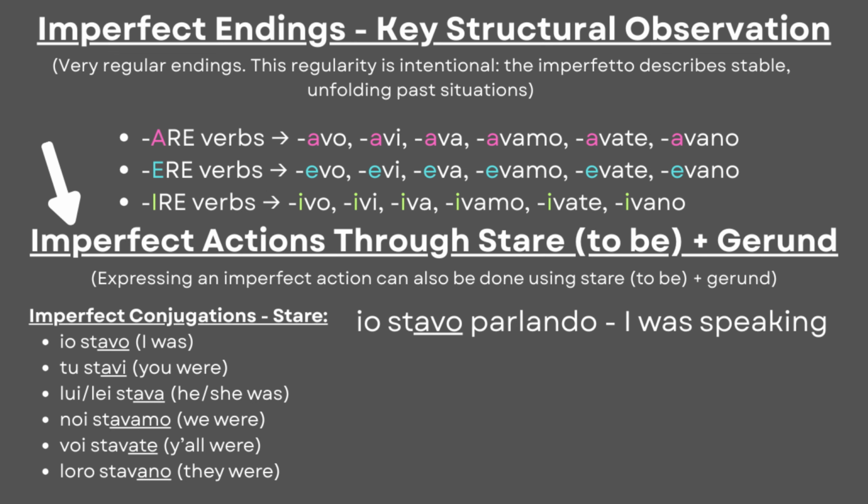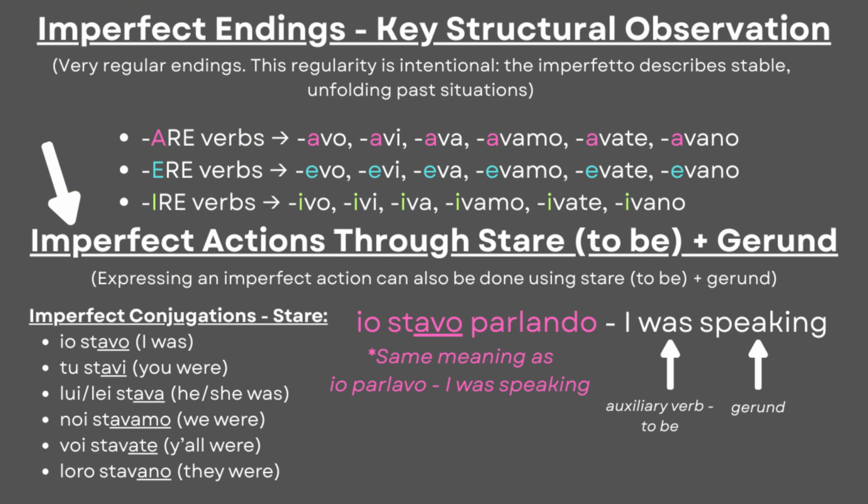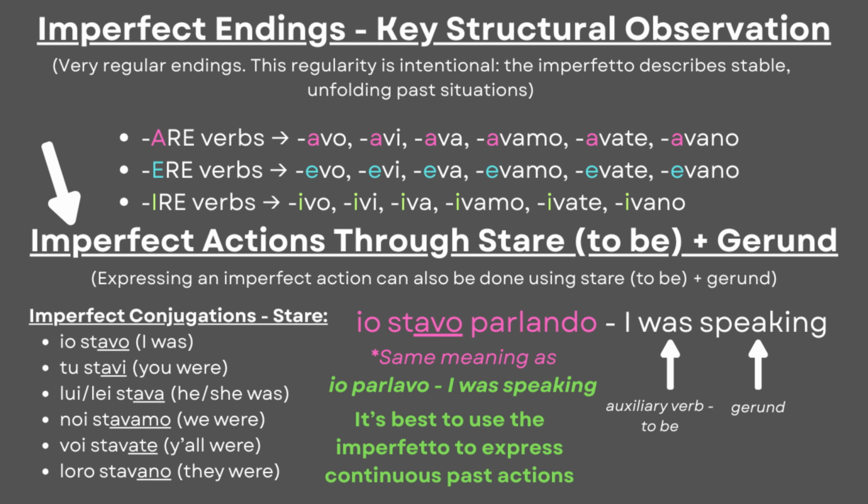I was speaking. English has the concept of saying a continuous past action using an auxiliary and a gerund, but with no official tense. In Italian, the same pattern is possible, but it's way more specific. When choosing how to express imperfect actions, it's better and easier to use the imperfetto because it conveys the same meaning with no auxiliaries, past participles, or agreements, so the tense is very basic in the language.